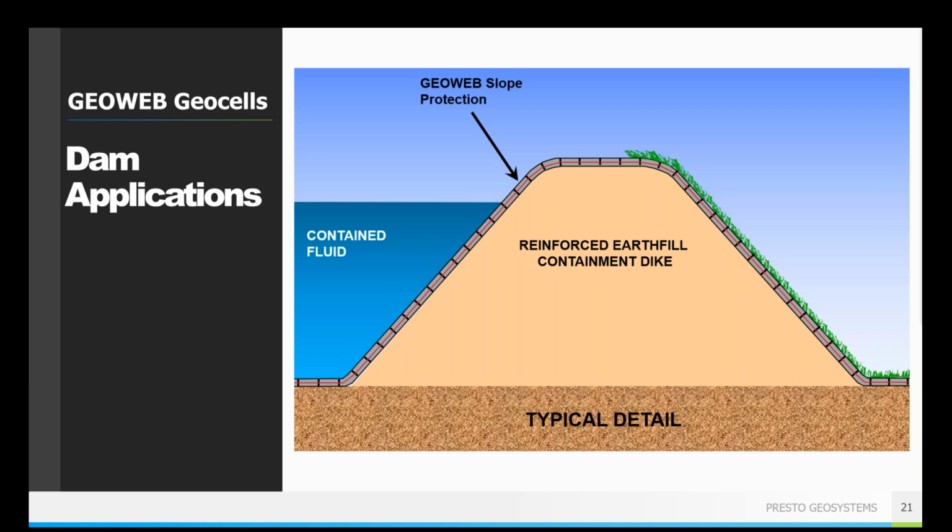You can put the GeoWeb system up over the crest and even potentially drive on that. We're going to talk about that in a little bit, but you can have that be an access road along your dam or your dike, that sort of thing. It can either be concrete or aggregate, depending on what you've used on your wet side. And then on the dry side, you can fill it in either again with aggregate if you're going for that look all the way across, but more likely you'd actually fill it in with topsoil and allow vegetation growth on that dry side. That way you have vegetation, looks a little nicer, a little more environmentally friendly, but you would still have that erosion protection should overtopping occur.